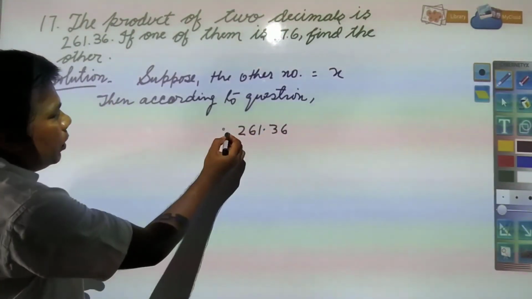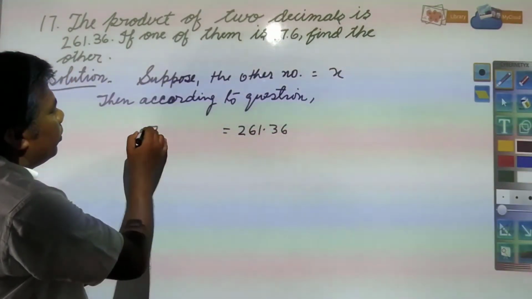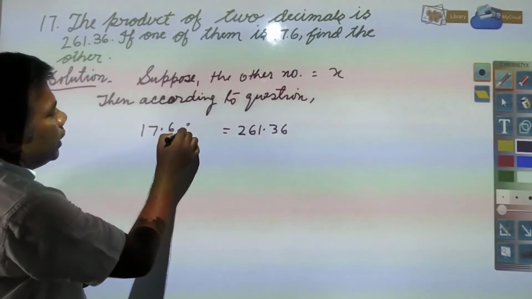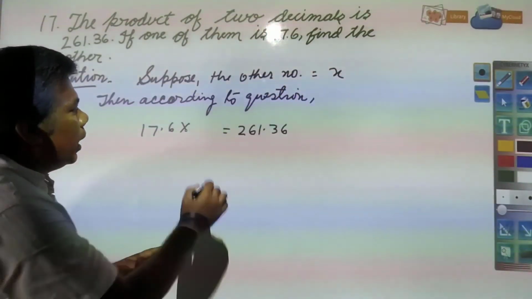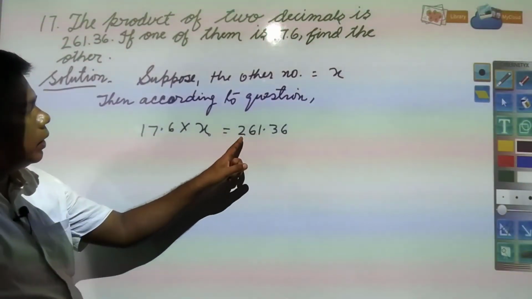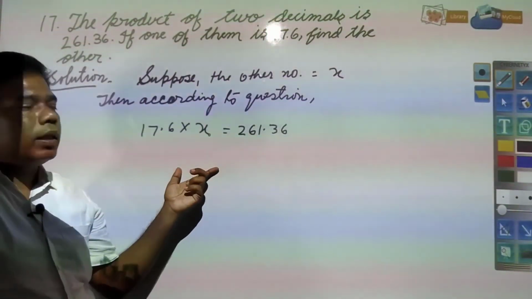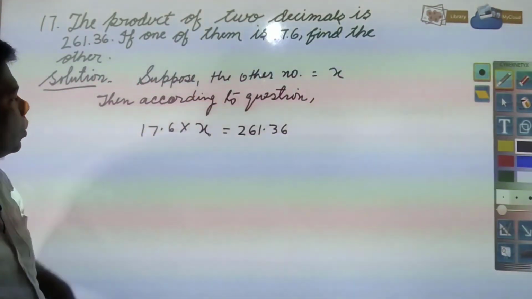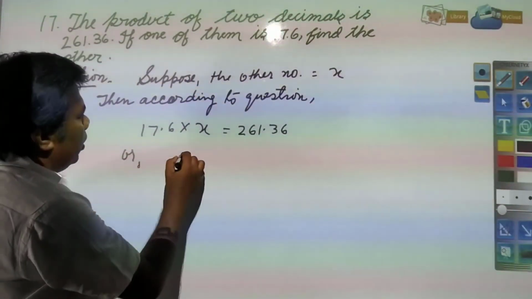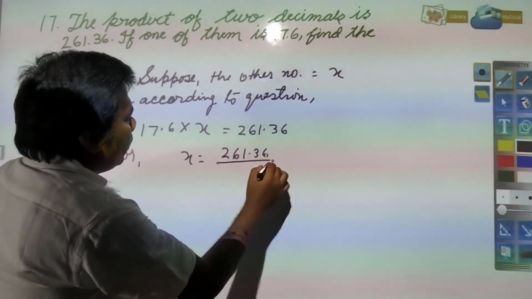Product of two numbers, and one number has been given, 17.6. The other number you have assumed x. So the product of two numbers is 261.36. You need to find out the other when one has been given. So x will be 261.36 divided by